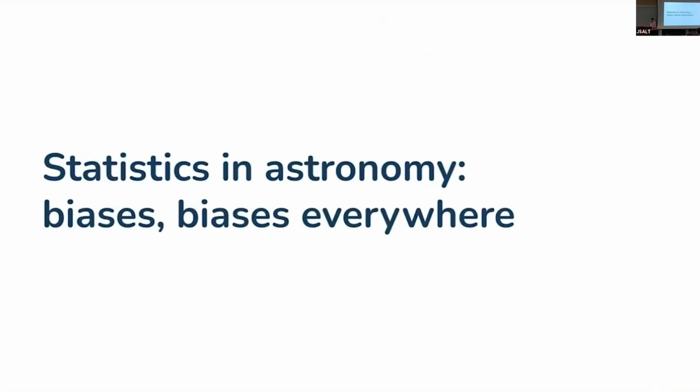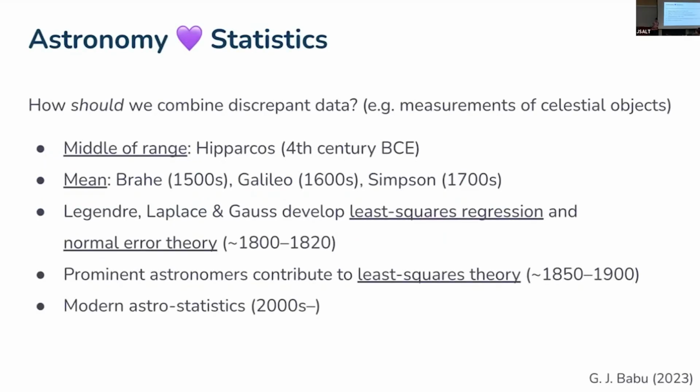Oh boy. Okay. Statistics and astronomy. So we've had a storied relationship with statistics in astronomy, and that's actually because very early on, astronomy is known as the oldest of the natural sciences or the physical sciences. This is partly because everybody has access to the night sky, at least back in the day. You can all look up, and people are very interested in understanding celestial bodies and how they either moved around or how they stayed put or how bright they were. This was useful for navigation. This was useful for conning political leaders with astrology. It had all sorts of great uses way back in the day.